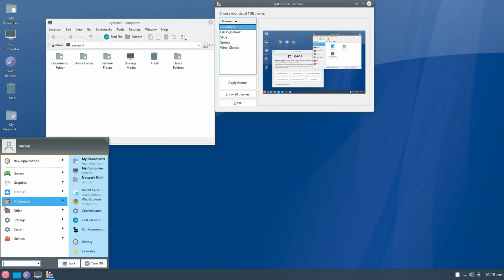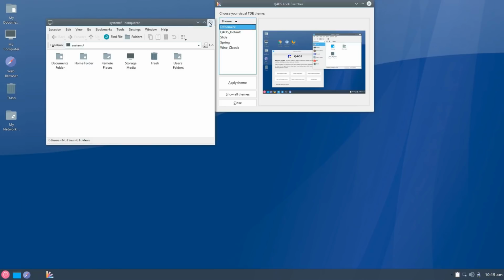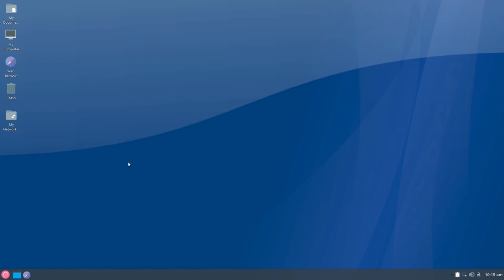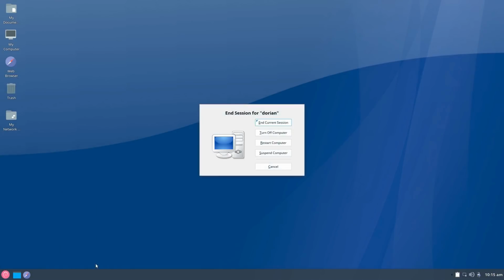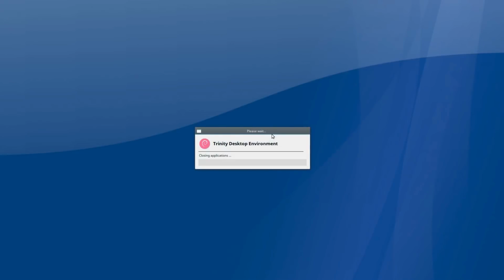So your usual stuff. I'm not going to go through every single thing, but if you're looking for stability, then this is definitely something stable, especially for an older machine that can't quite run KDE Plasma 5. Then this is definitely a good option. However, I'm going to show you now